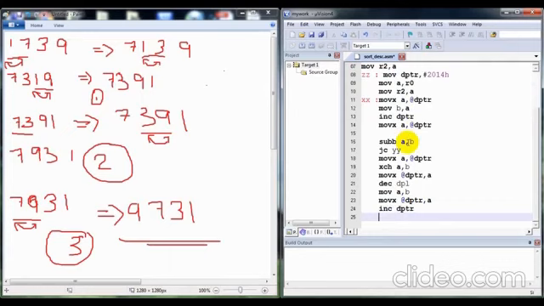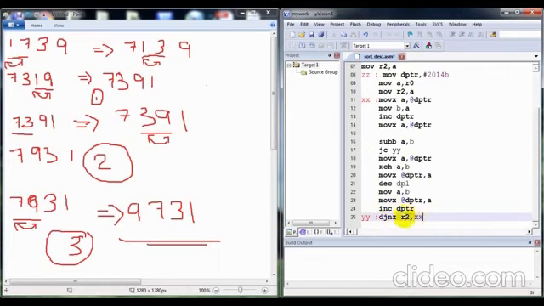Then we have to check whether the inner loop has become 0 or not. Here is the jumping location of this YY line. DJNZ R2, XX.